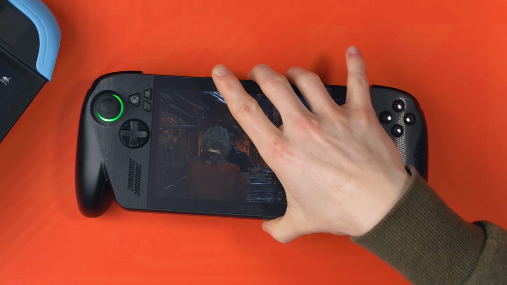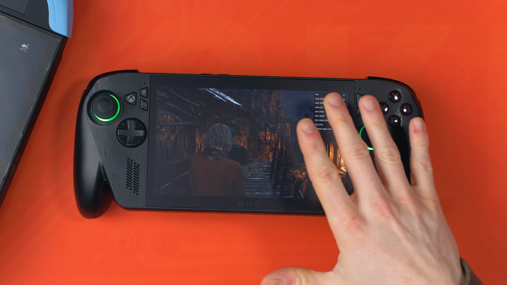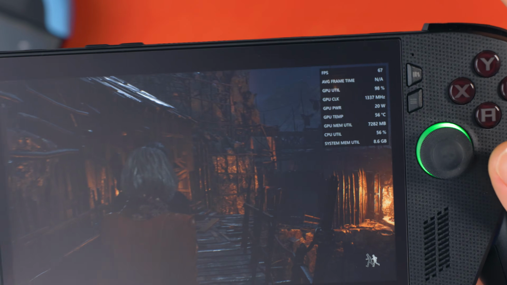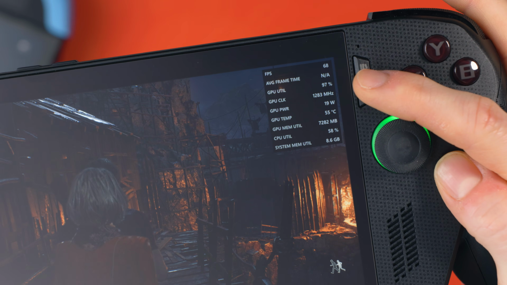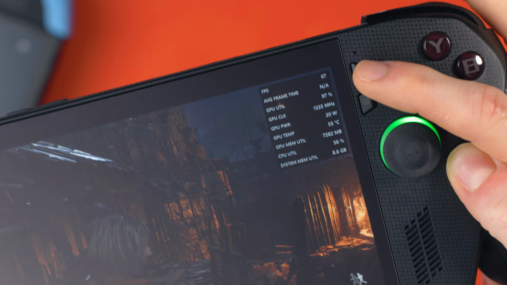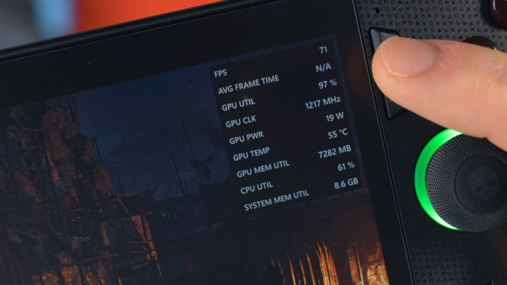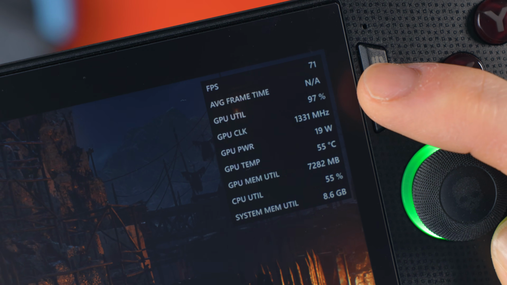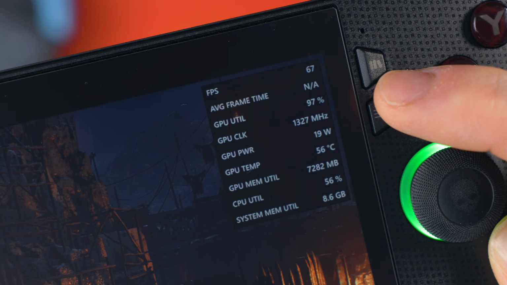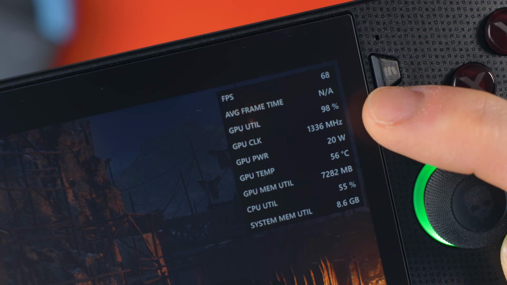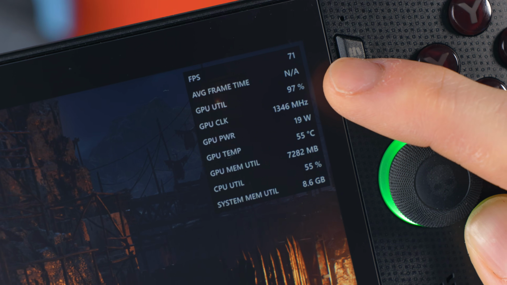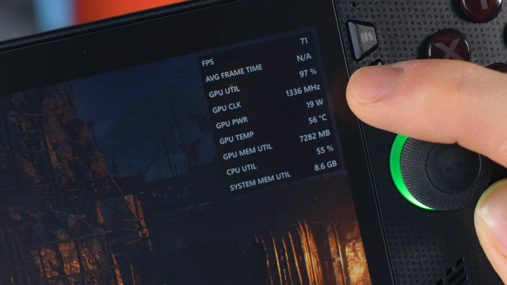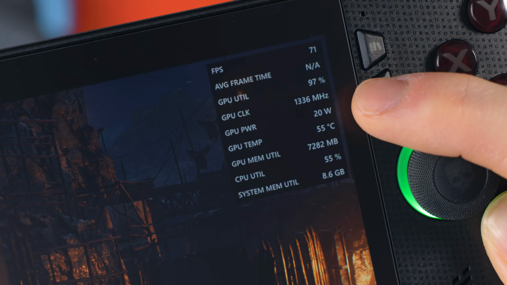Let's just jump over to the Xbox Ally X. Exactly the same settings, right? We're getting way more GPU utilization. We're actually sat at 97%. We're well within the 60s to 70 FPS just there. And this is without frame gen. This is just exactly the same settings as the Legion Go 2, but the clock speed is right up, as well as the GPU utilization, and you can see the GPU power is sat at 19 watts to 20 watts,